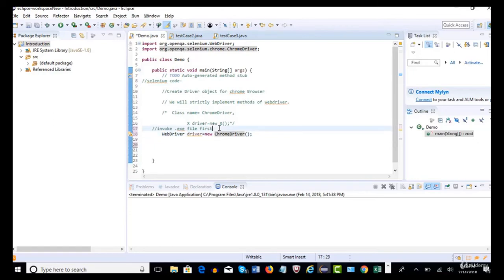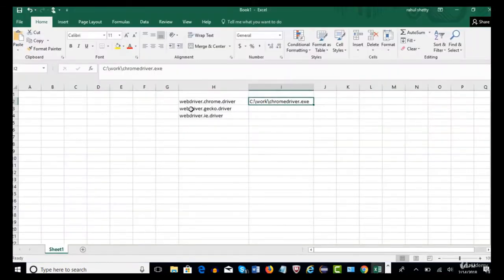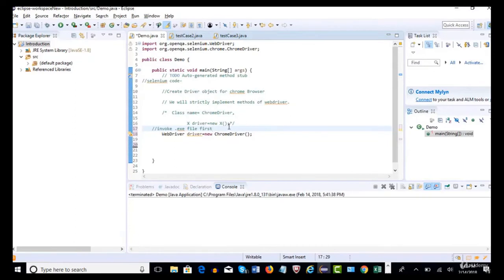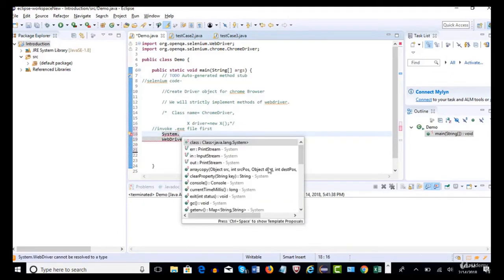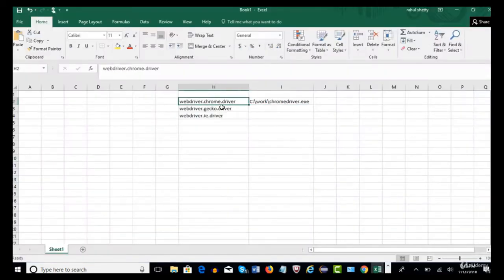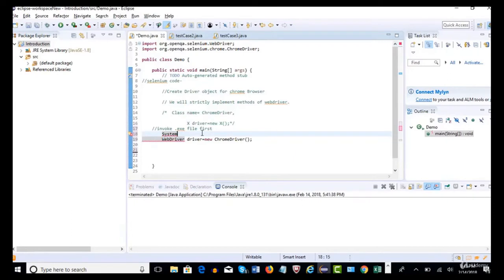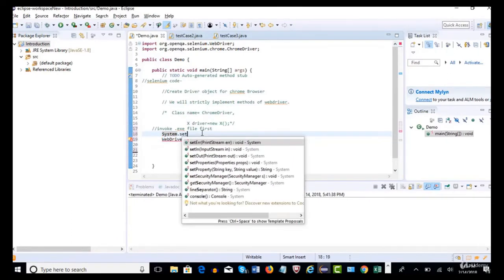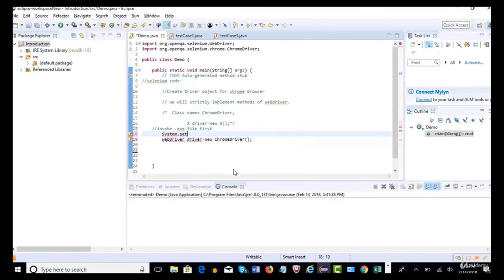Okay, so this is how we write it in Excel, but how do we replicate, how do we set this property with this value using Java? It's a very simple step. In Java, if you want to set a property in your system, you write System dot. When you say dot, you will get options like this. Here you are going to use setProperty. This is a method. You see that key. Key is nothing but the property name, and then you have to place the value. So totally two arguments: System dot, select setProperty.